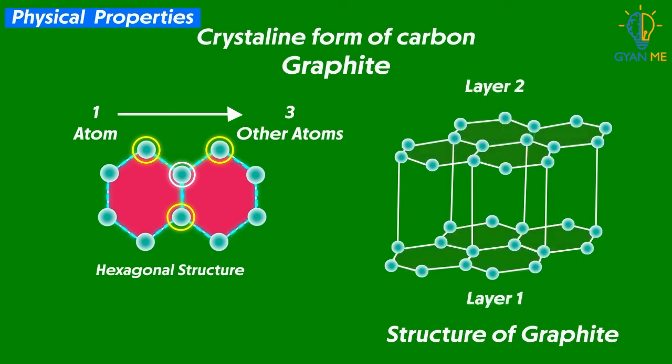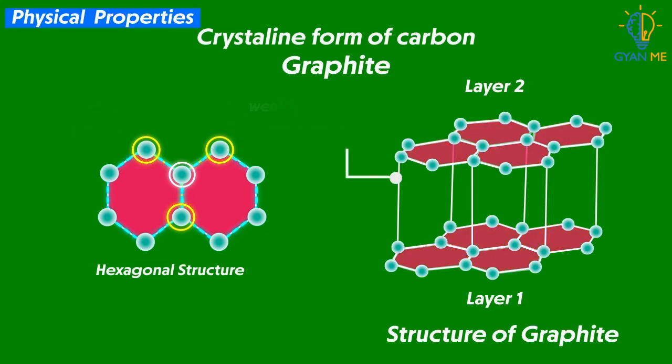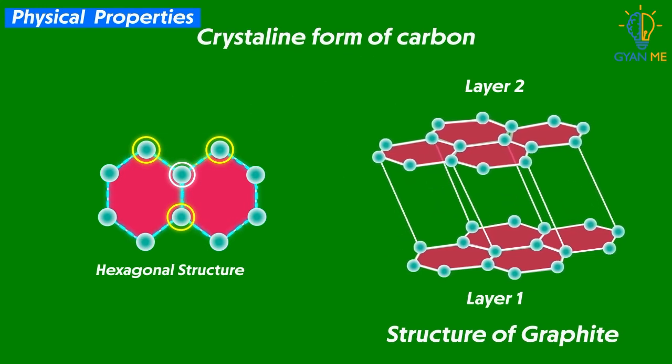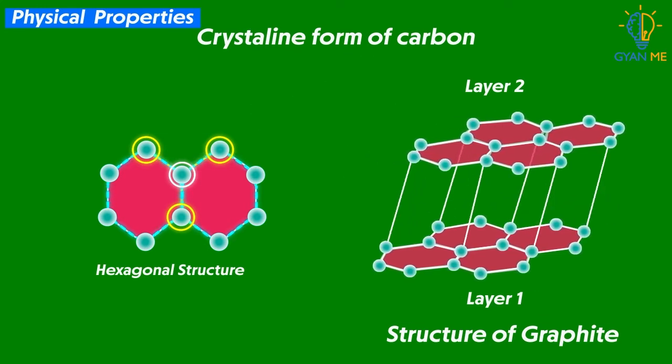These layers are placed one onto the other, and they are connected to each other by weak intermolecular forces of attraction. Due to these weak forces, these layers can slide on top of each other,